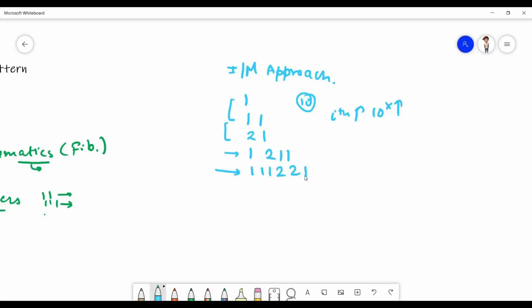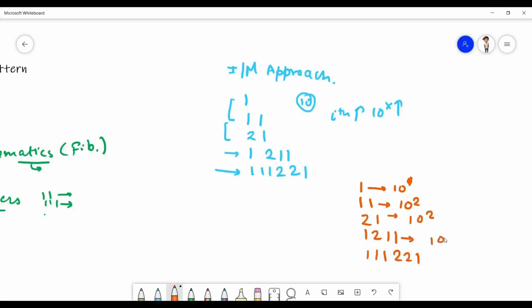So let me show you, that 1, 11, 21. For this, we have an upper bound of 10 raised to the power 1. It comes within the range 1 to 10. This comes within the range 1 to 100. Same case here.